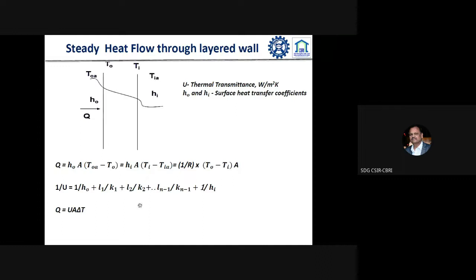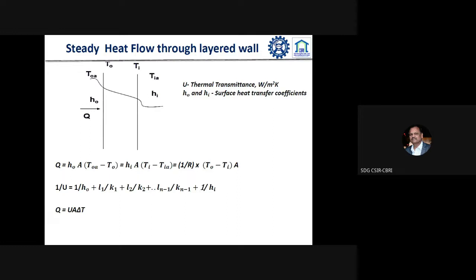With respect to this equation, if you solve it, we can get this simple equation, and delta T is nothing but the difference between the outside and the inside temperature. But there are another two phenomena that we also need to consider, that is the surface heat transfer coefficient. Because generally, if any material is there, in case of plaster which has a smooth surface, then there may be some resistance. If the surface is rough, if that kind of finishing is there, then the surface heat transfer coefficient plays an important role.